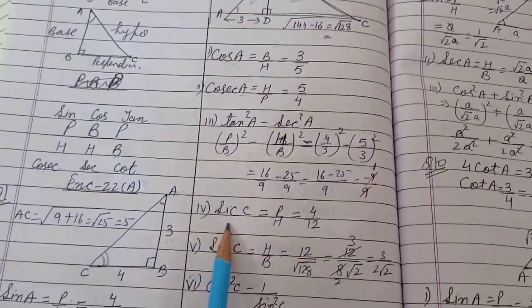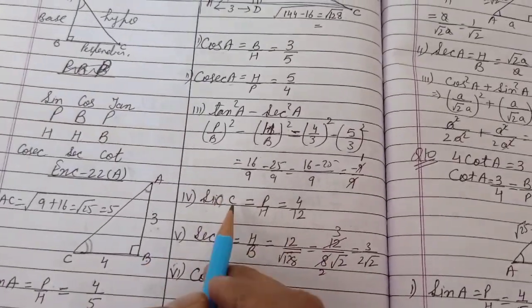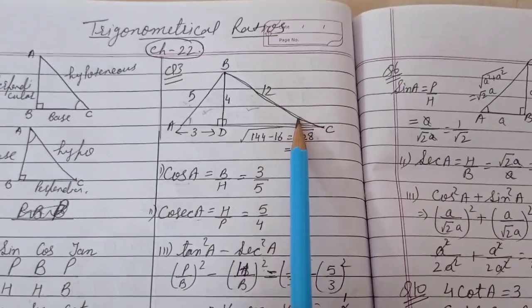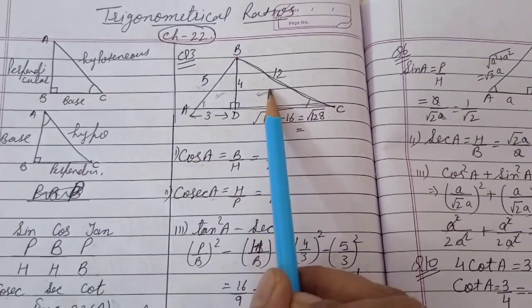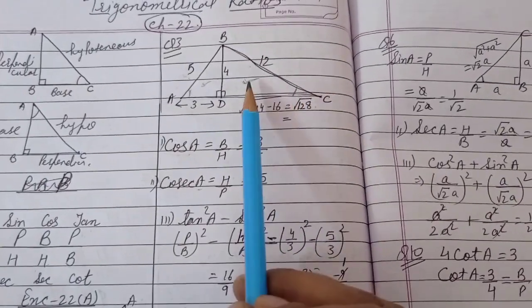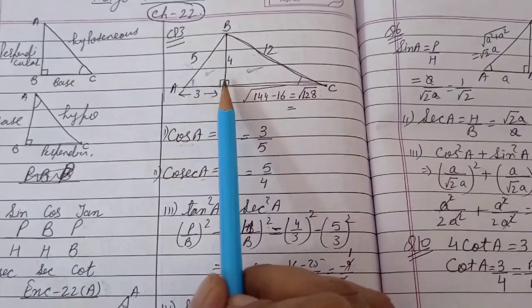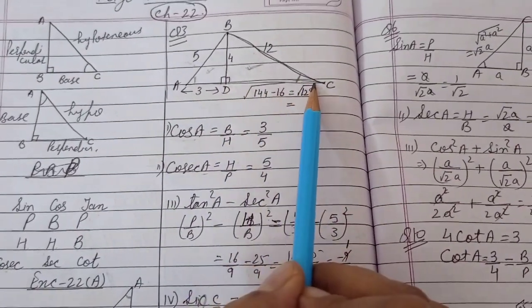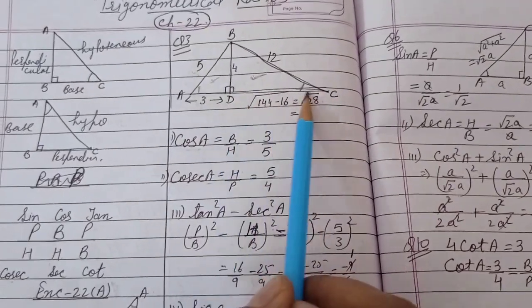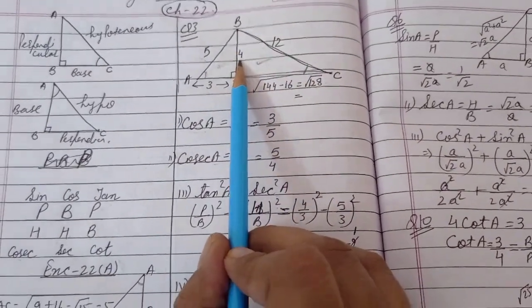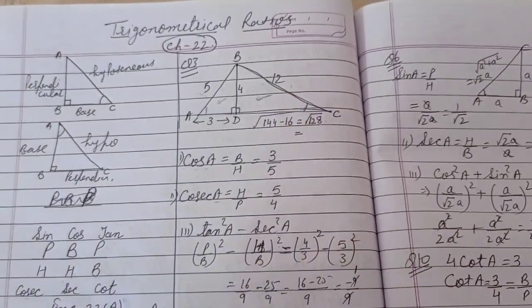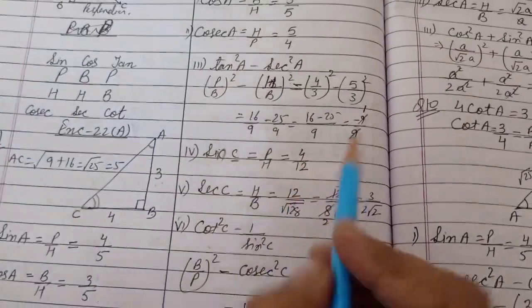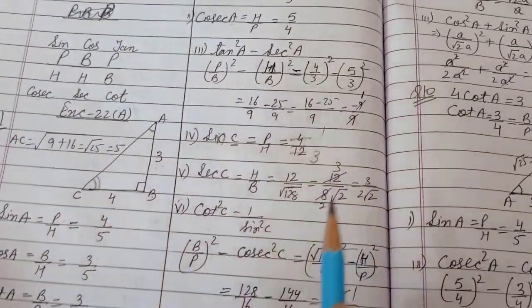Next you have to find sin C. What you have to find? Sin C. Now, what is the angle mentioned? C. Look at the figure now. C is involved here. So, for this we need to take this triangle. In order to find sin C, we need to use this triangle. Now, beta, this angle is 90 degrees and this angle is the given angle. So, DC is the side on which two angles are formed. So, DC will be the base, 4 will be the perpendicular and this will be the hypotenuse. So, sin we know is equal to P over H. Perpendicular in that case is 4, hypotenuse 12. You can cut it. Answer will be 1 by 3.